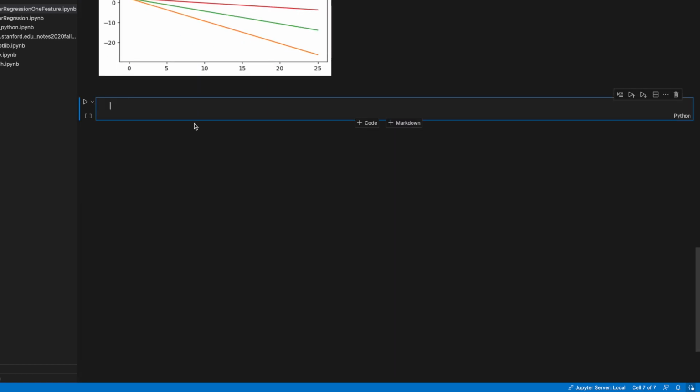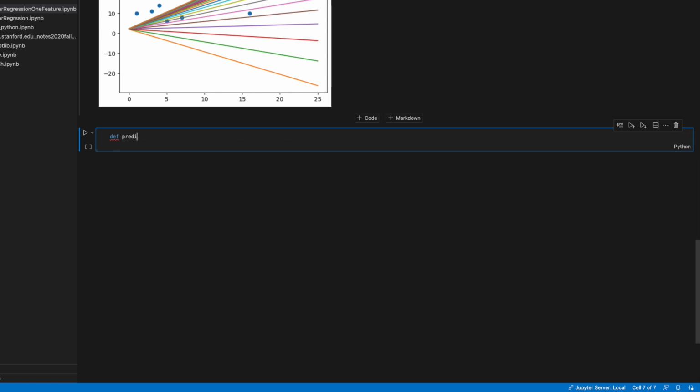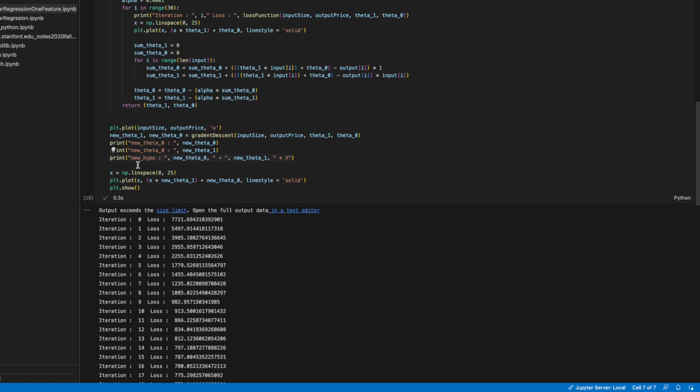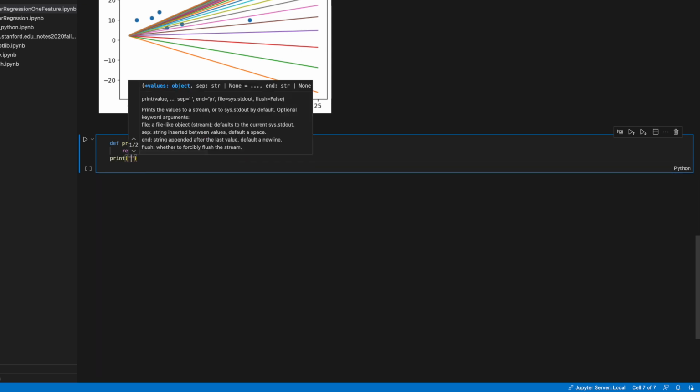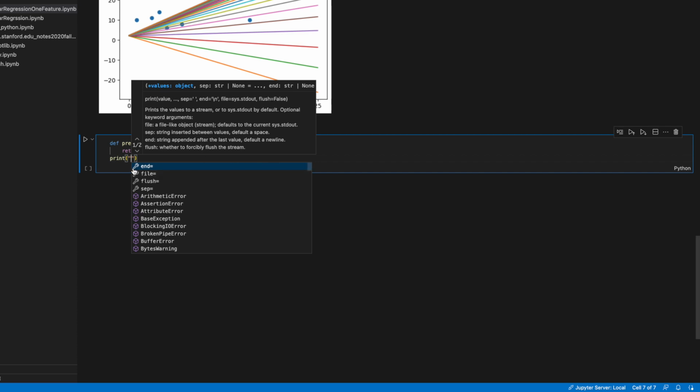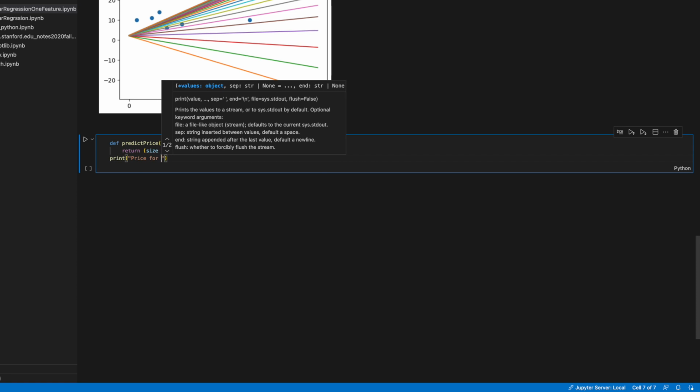So in this line, let's just write one function where you will say predict price, and you just pass in the size, and you'll see the return, and I'm just going to take this value. It's the same thing. So new theta 0 plus new theta 1 times size. Print price for,